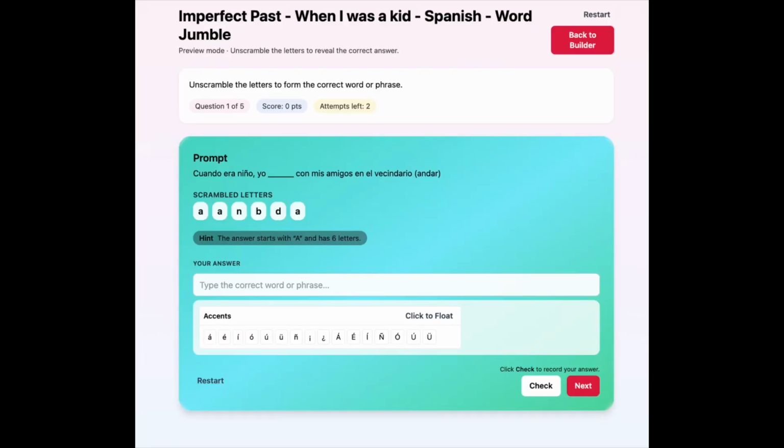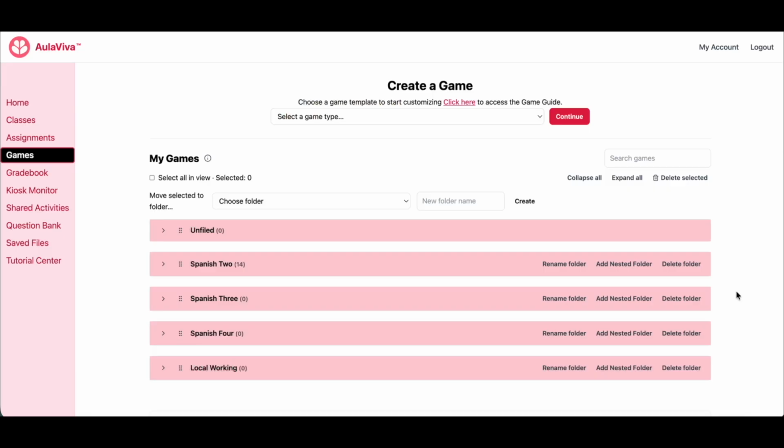Create engaging word unscramble activities that reinforce vocabulary, spelling, terminology, and concept mastery across any subject with Word Jumble in AulaViva. Here's how. First, log into your account, click on the Games button in the sidebar, then click on the